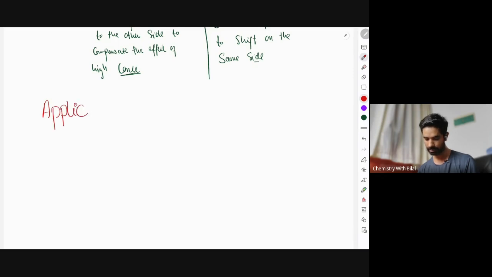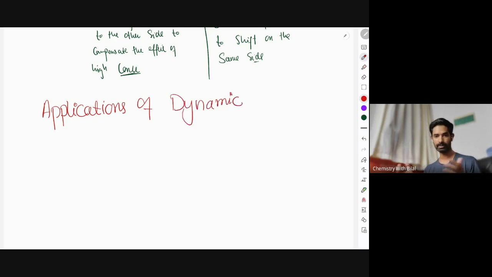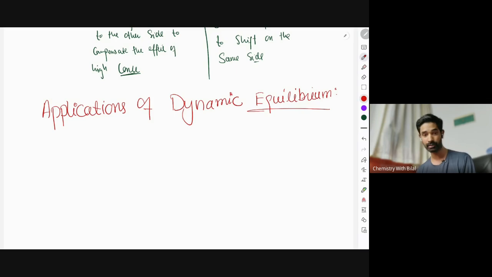I mean अगर देखो forward और backward same है, तो फिर हम ये reaction कर क्यों रहे हैं भाई? Why is there a need to carry out this reaction if they are happening at the same rate? Nothing is changing. Forward and backward are equal. Then what is the exact purpose of achieving this dynamic equilibrium? So the application of equilibrium, or the reversible reaction to be more accurate, is